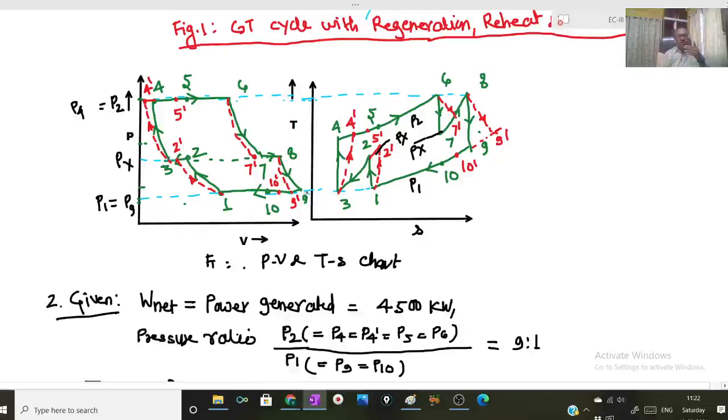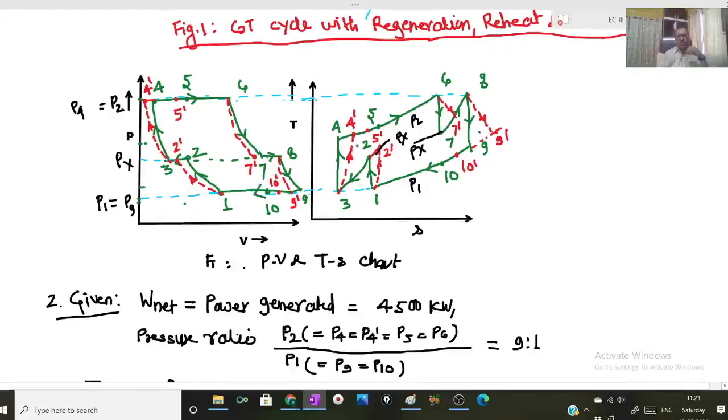8 to 9 dash represents actual expansion in the LPT. 8 to 9 represents ideal expansion in the LPT. Then 9 to 10 represents subcooling of the gas in the regenerator, whereas 9 dash 10 dash represents actual subcooling of the gas. Okay. Same process can be shown on TS diagram as well, where all the processes and states